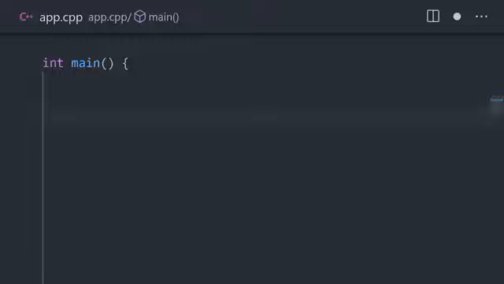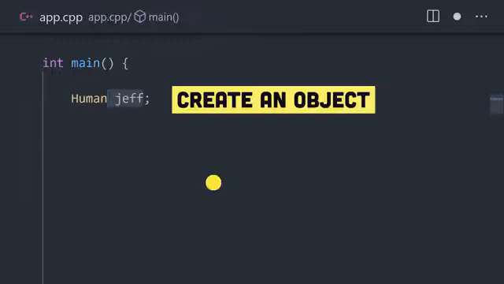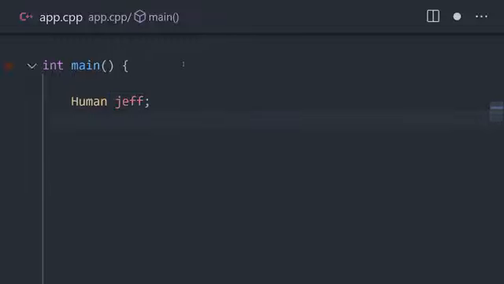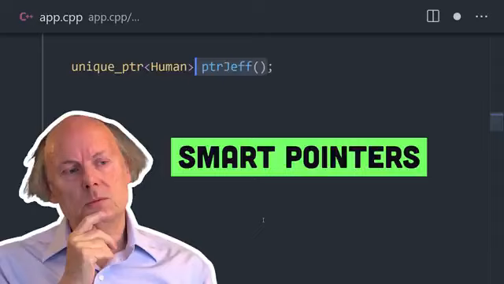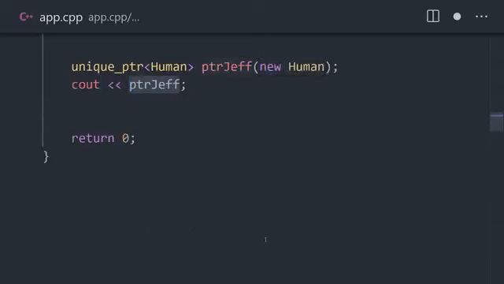To instantiate an object, type the class name followed by the name of your object, and optionally any parameters for the constructor. When it comes to memory, we could manage everything manually with pointers and references. However, tools like Unique Pointer can get the job done in a way that's easier and safer by ensuring that only one object can be allocated to memory.